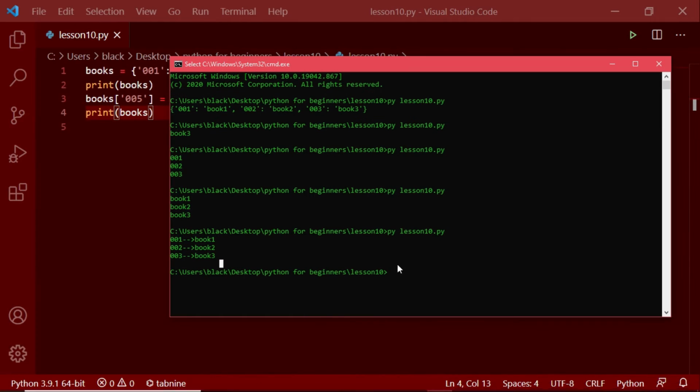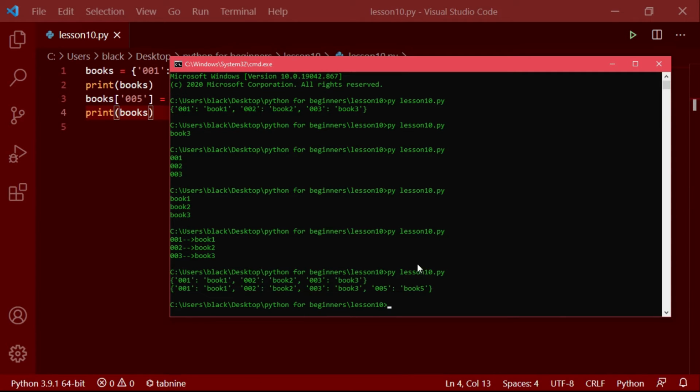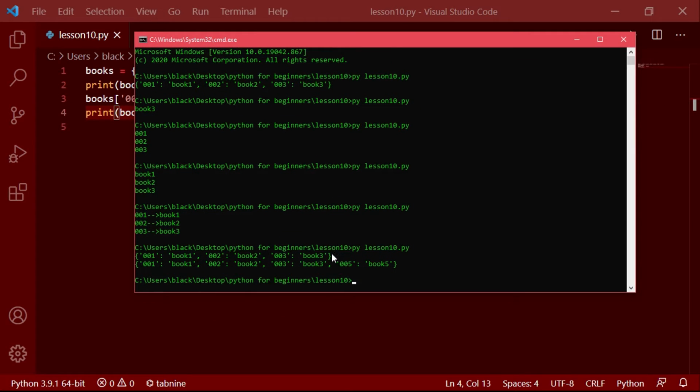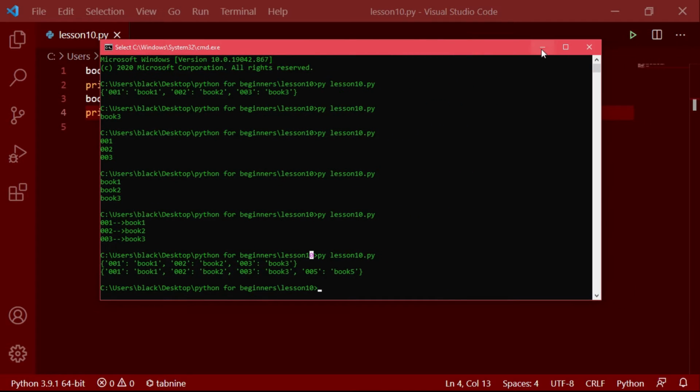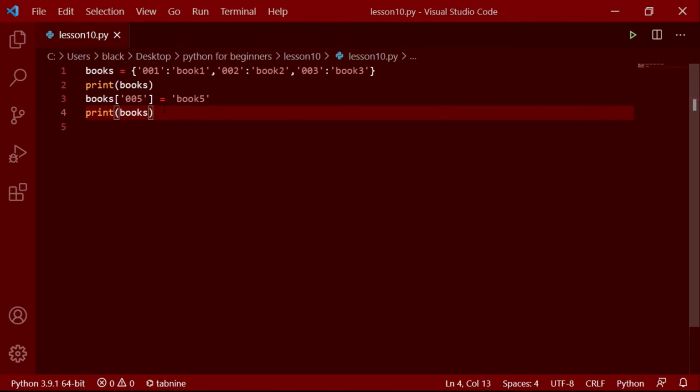Now if we run this, as you can see, first it does not contain the 005 and book 5 key and value pair, but after we add it using this line, it shows up 005 and book 5. That's how you can add a new value.